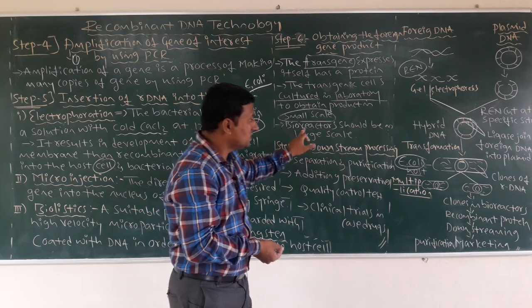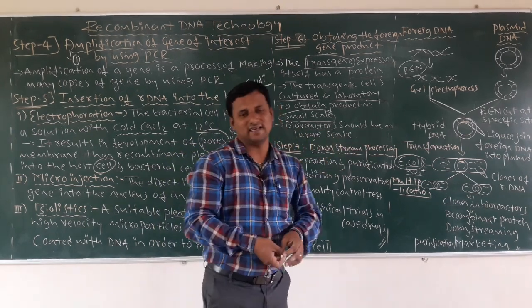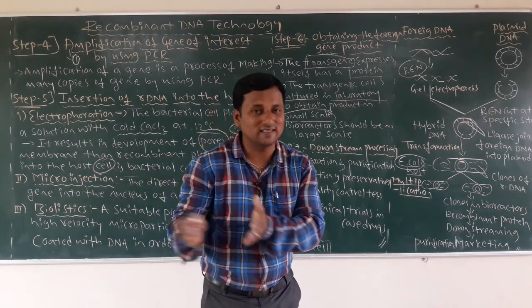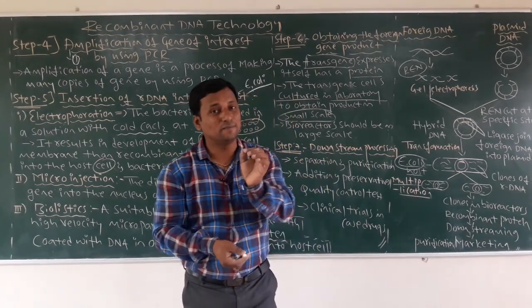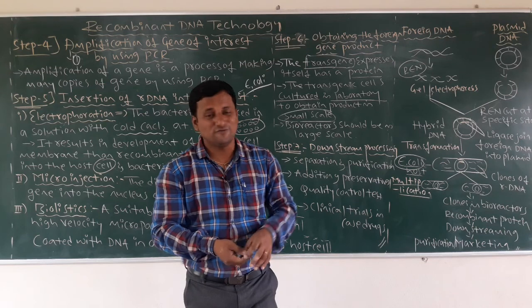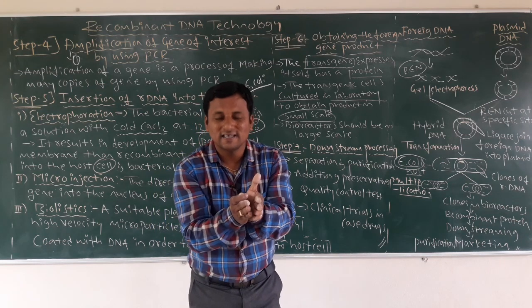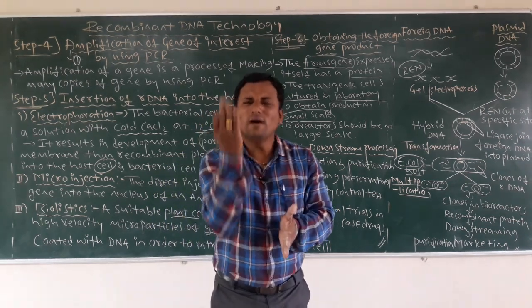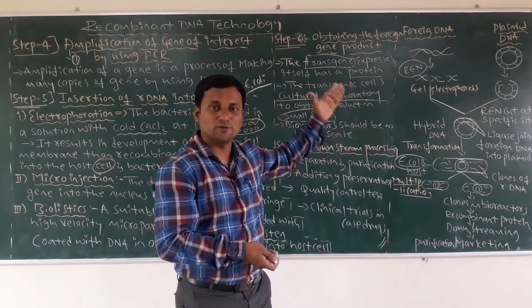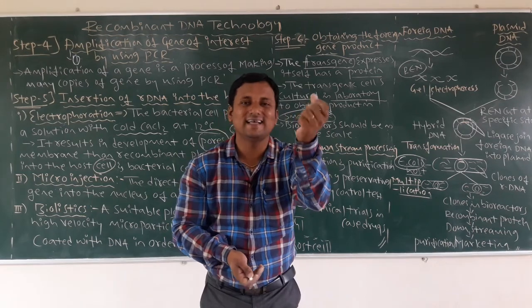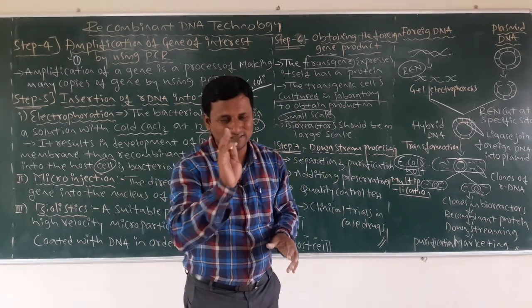Okay. Next, the bioreactor should be used on a large scale. I already told you in the last class, the simple sparged reactor and the simple stirred bioreactors are there. If you use these bioreactors, then you are going to get multiple copies of those products which you are going to take from the laboratory. Did you understand this point?